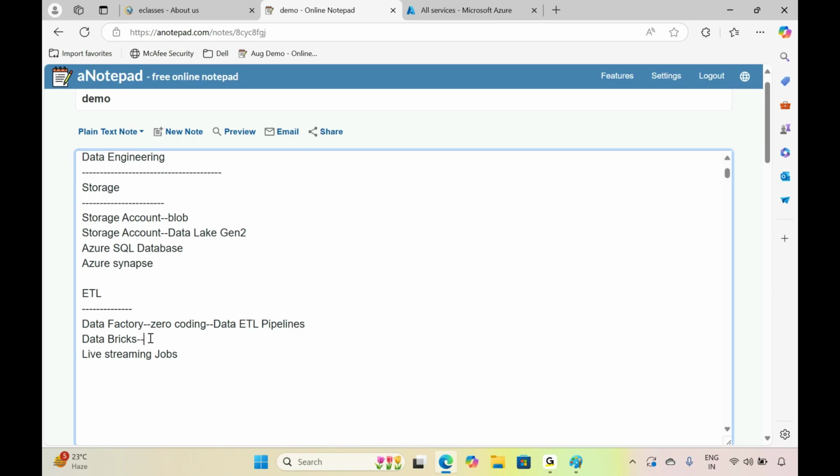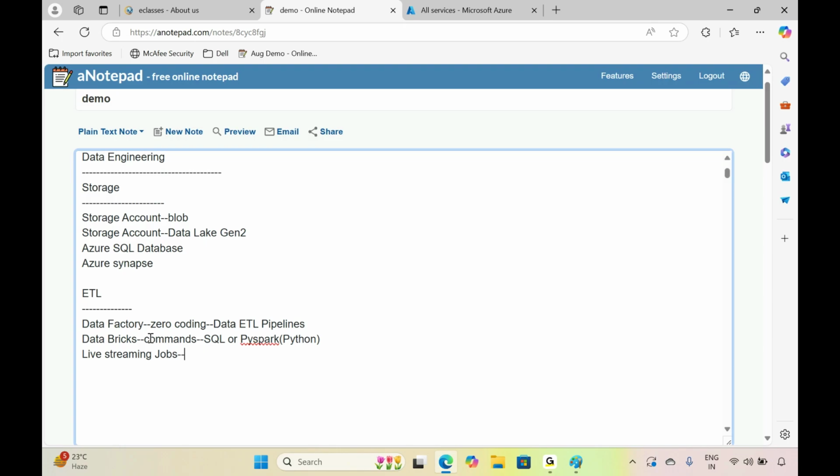But Databricks, you need to write some commands over here. What kind of commands? Either you can write SQL commands, or we can write PySpark commands. PySpark is nothing but Python only. So this is not programming. It is just that you need to write commands over here.